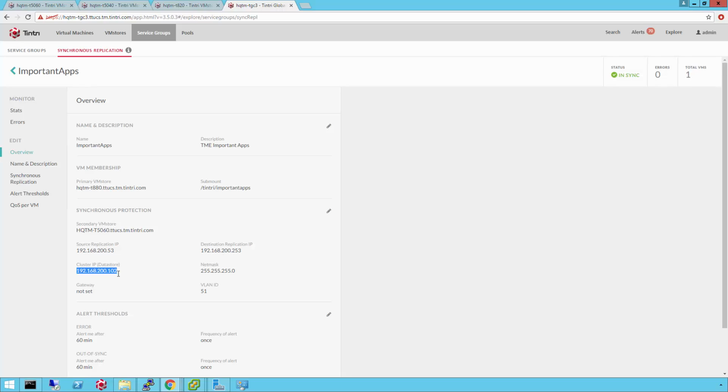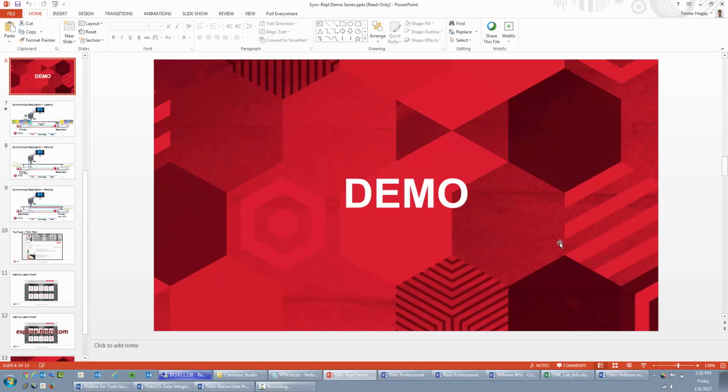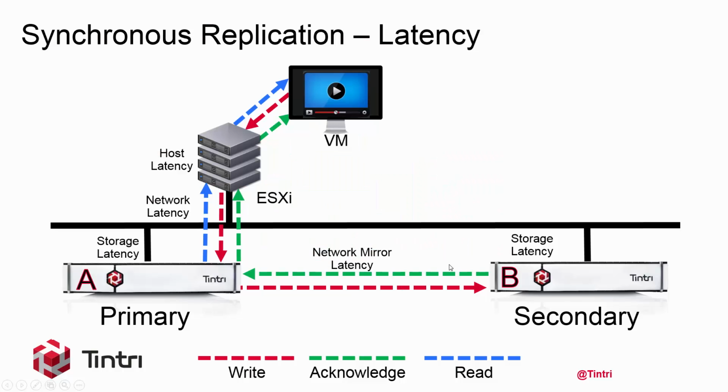Okay, so with that, what we wanted to do at this point was come back and review what we just saw. We'll go back to our PowerPoint deck, and this slide and the next couple of slides define for us what we just saw. Here's the way we started, with Tintri VM Store A on the left acting as primary, servicing reads, writes, mirroring,